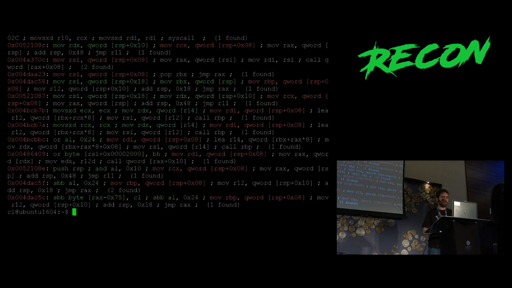So let's just get rid of all the gadgets that end with a ret, and look for, again, gadgets that don't end with a ret, but write in a register from RSP plus 0x8. There are quite a few of them. But again, this one ends with a call rax, but we don't control RAX. It comes from RDX, and we don't control RDX. So we have to continue grepping into our file of gadgets, and this can be cumbersome.